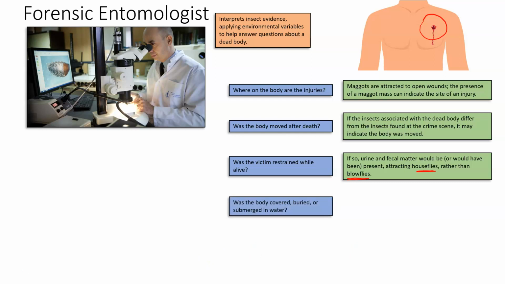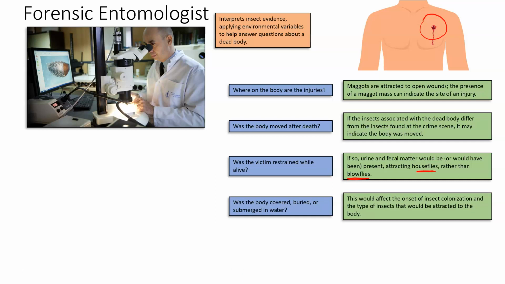Was the body covered, buried, or submerged in water? If so, this would greatly affect the way that insects colonize the body. There are a lot of flying insects that just physically cannot get under soil, underwater. And so if the body was covered by a lot of debris, or if the body was covered by a bunch of soil, as in being buried, or if it was submerged in water, it would, again, not attract the same level of fly activity that a body that isn't submerged would. And so, again, that can indicate kind of the presence of other things, or where the body was for the